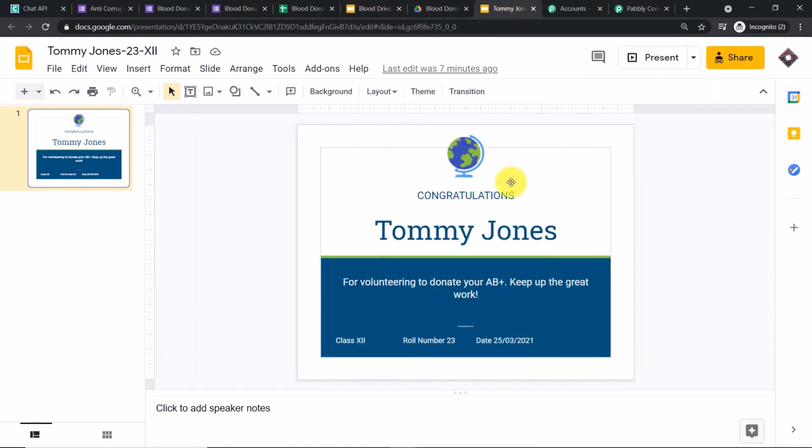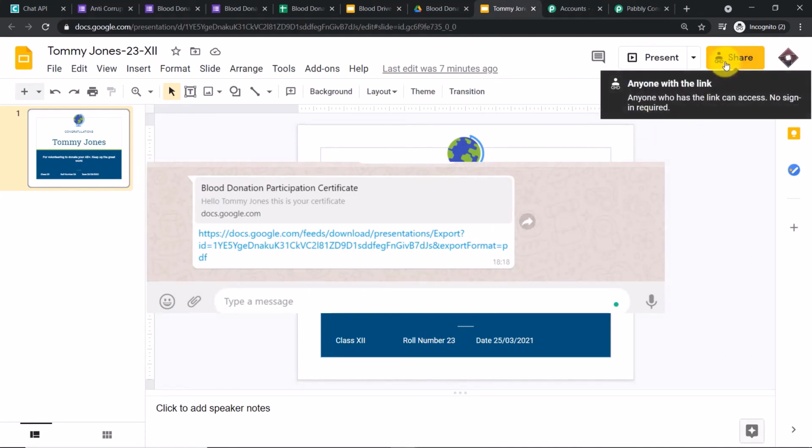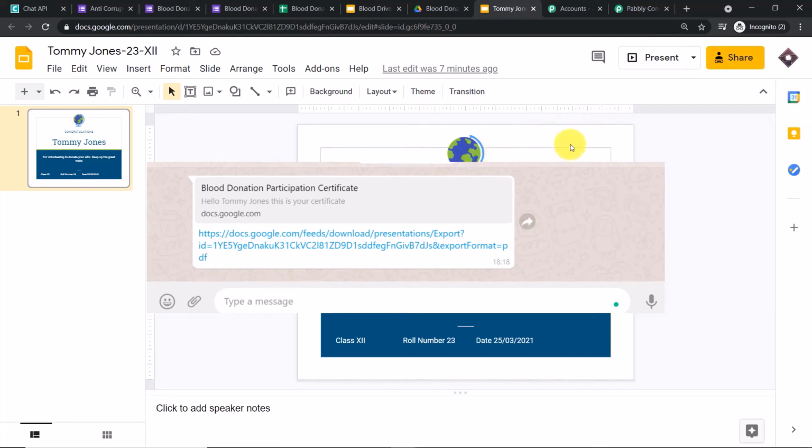Oh, I'm sorry, this is the certificate. Okay, so at present we have a different icon here. It is showing at present "anyone with the link." So basically we have changed the status. So now it's ready. So now we are ready to share this particular certificate to Tommy Jones or to any